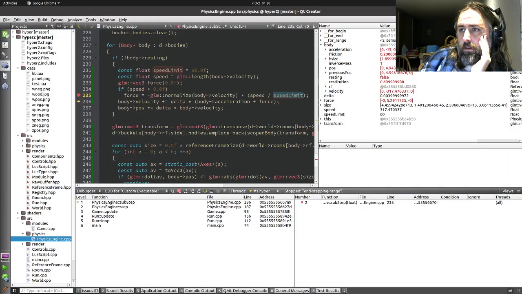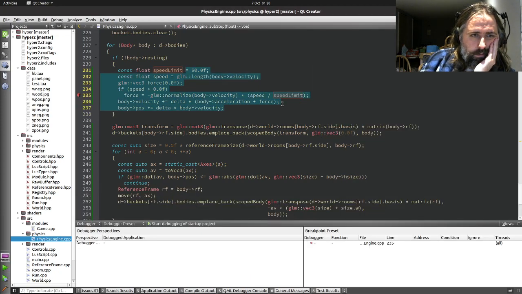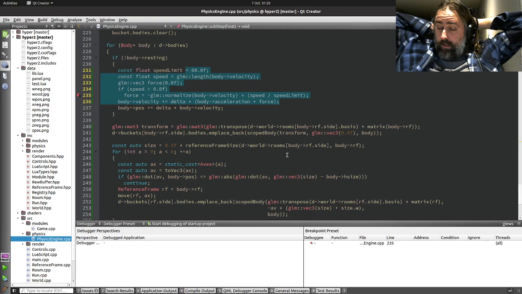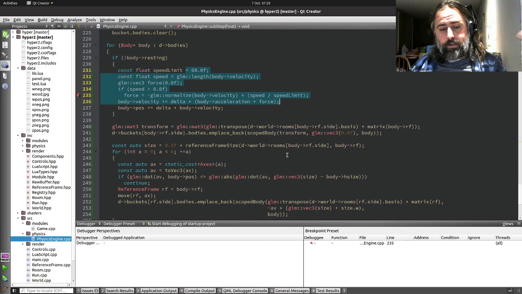And I will continue on that in the next stream, as it'll be something like this, but it'll be like velocity squared plus 4 velocity or something. There'll be some formula. And I would like it to have a gradient based on